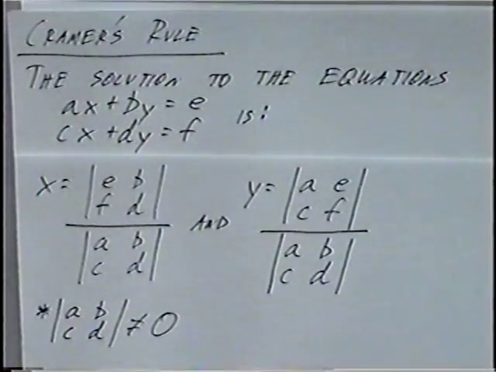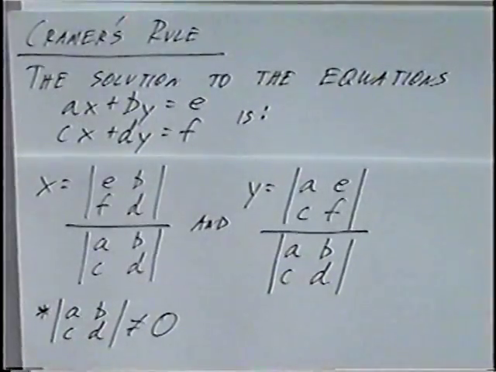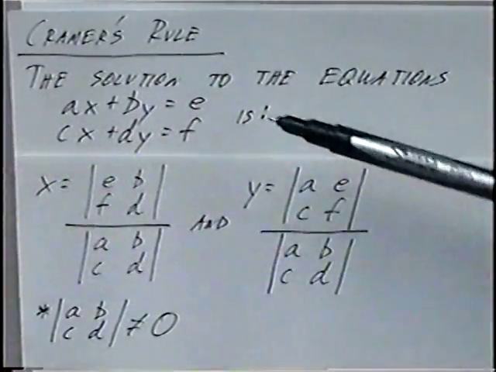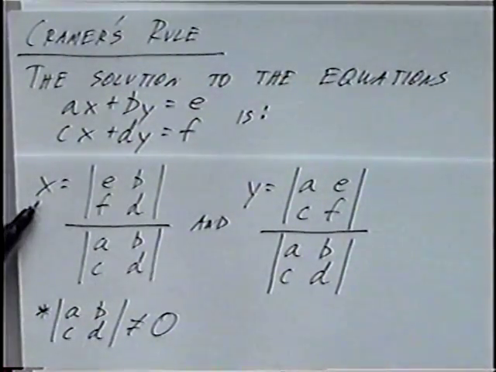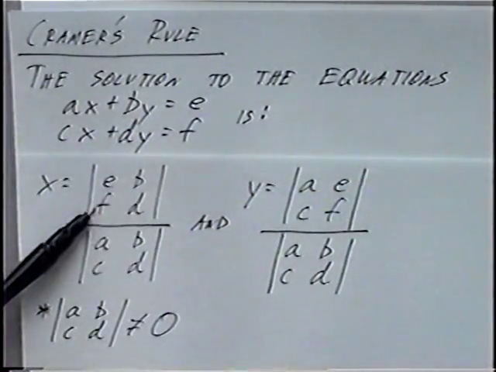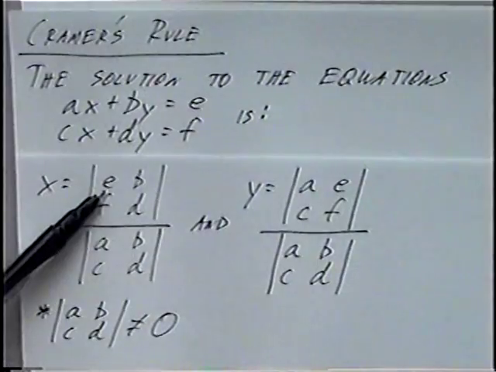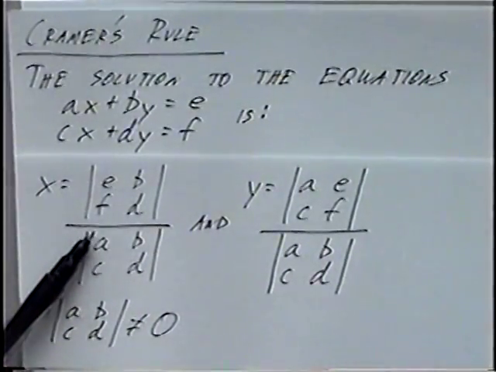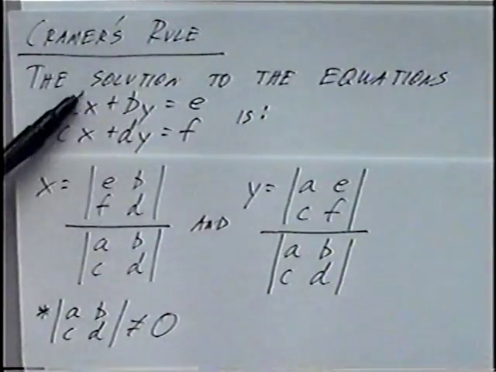For Cramer's rule, you can solve systems of equations using matrices and the determinants. The solution to equations, if you have two standard form equations, where x and y again are on the same side, equaling a number, the solution would be x equals. We'll do a 2 by 2 determinant. We'll take the numbers on the right hand side and the coefficients of y for the numerator, the top part for the determinant. We'll make a fraction out of that, and we'll divide by the determinant made from the x's